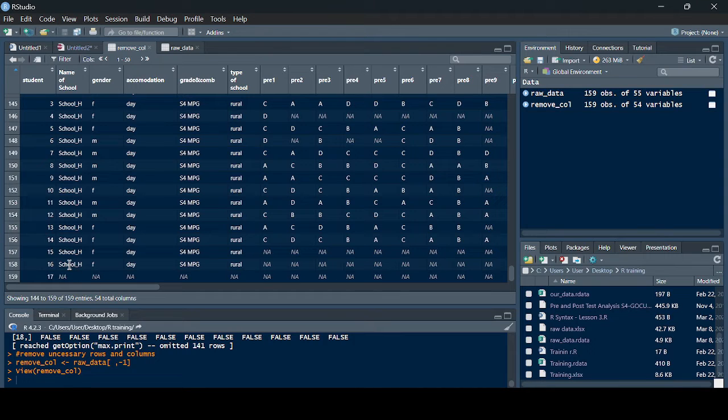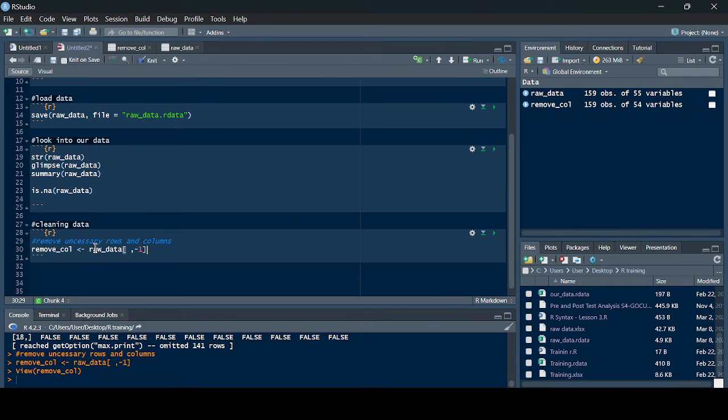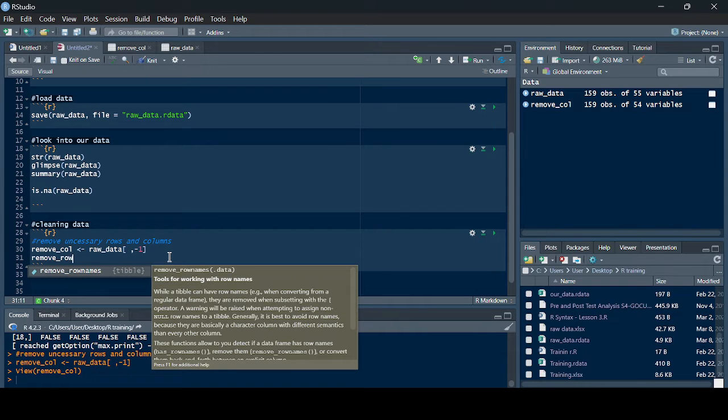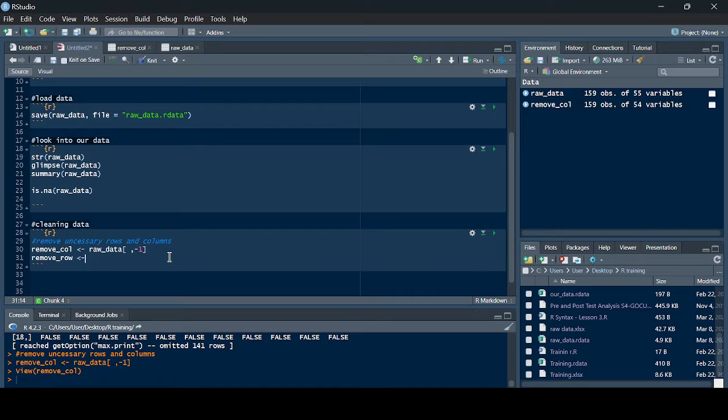Now, let's see their numbers. It's from row 157, 158, and 159. We need to remove them. Let's go back to our chunk and remove them. Now remove row, using which file? So the new file is remove